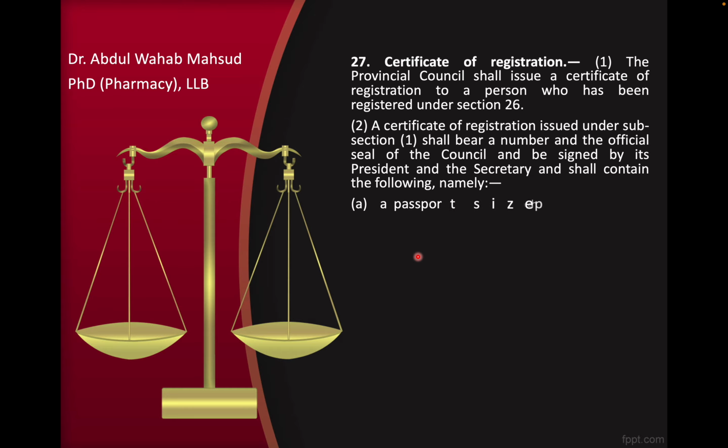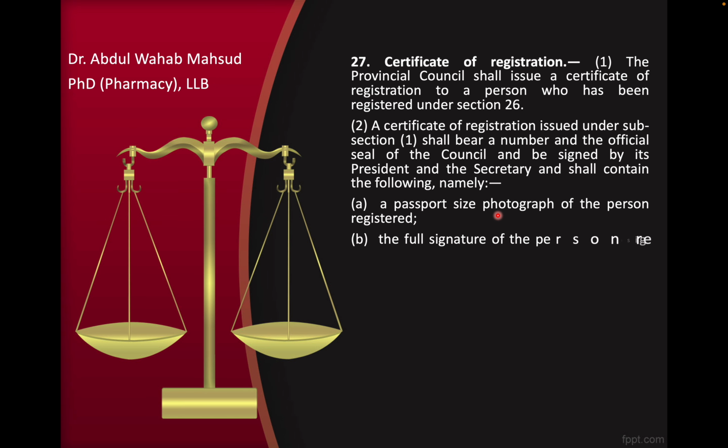Section number 27. Certificate of registration. Subsection number 1. The provincial council shall issue a certificate of registration to a person who has been registered under section 26. Subsection number 2. A certificate of registration issued under subsection 1 shall bear a number and the official seal of the council and be signed by its president and the secretary, and shall contain the following, namely: A. a passport size photograph of the person registered,